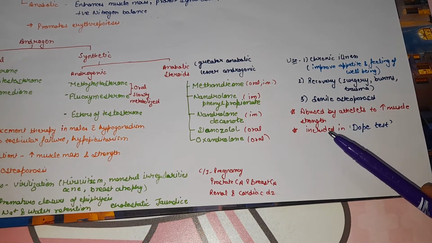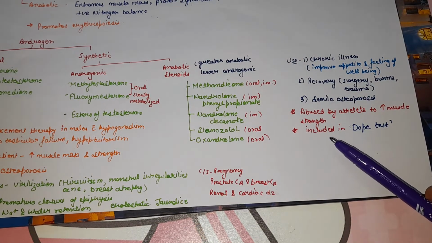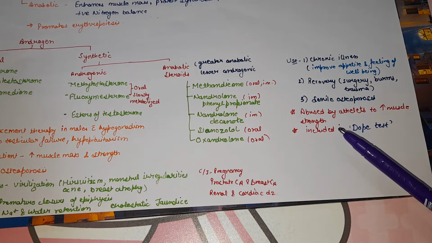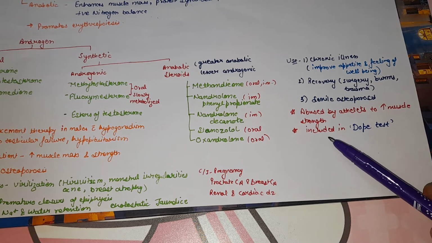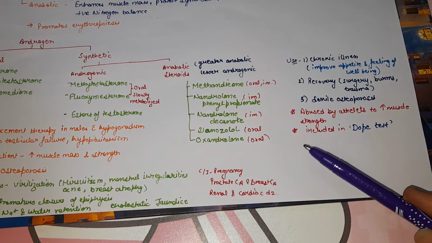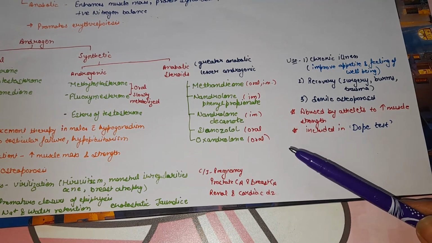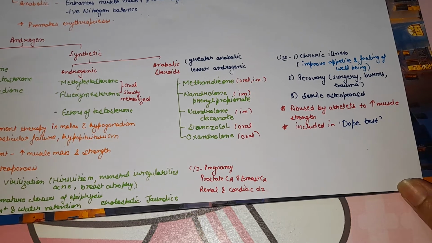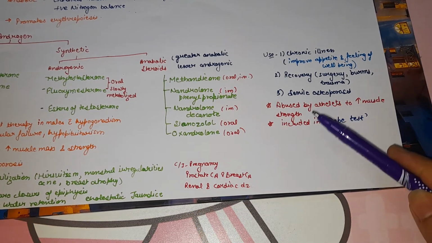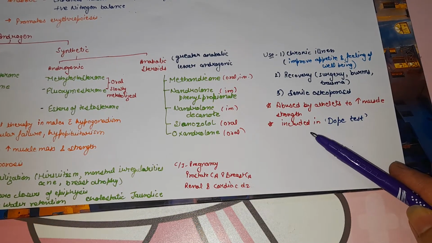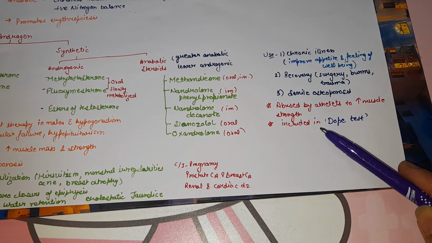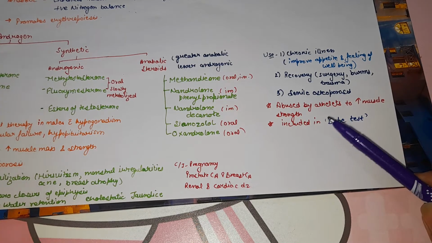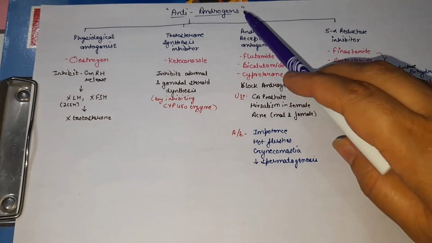Now the adverse effects and contraindications of anabolic steroids. Their adverse effects are the same as testosterone, and sometimes these anabolic steroids are abused by athletes to increase muscle mass and strength, so the anabolic steroids are included in the dope test of athletes. So next are